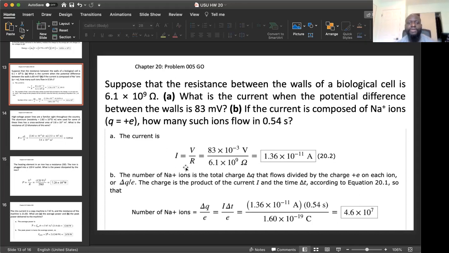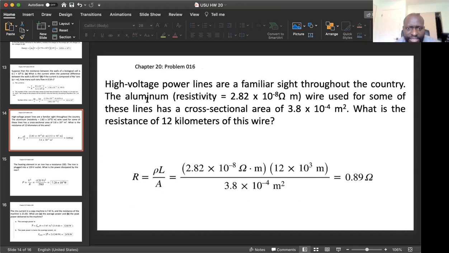So the first point is to get the current, which is voltage over resistance from Ohm's law. Then, to get the number of sodium ions, we take the number of charge divided by an electronic charge. Current times time is the charge that's flowing. The time times the current we just got gives us how much charge has flowed, divided by one electronic charge to get the total number of charges. Is that okay? That is the total number of sodium ions. Okay, if you take that down,